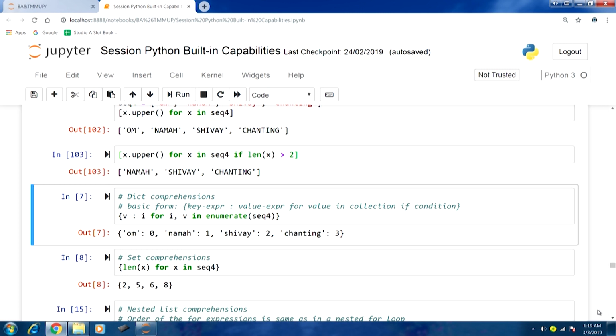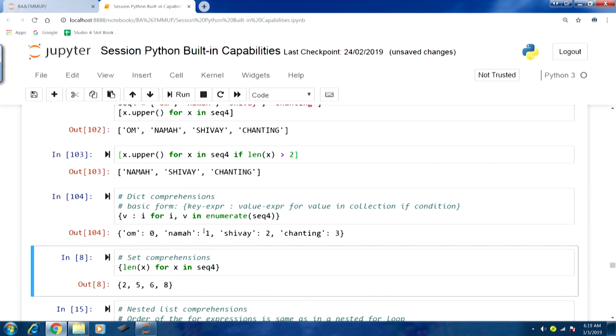You can see in the transformation expression we have v colon i. v will store the string part and i will have the index. If I run this, I will get this dict object where each string has its index mapped to it, in key value pair format. You can see in the output.